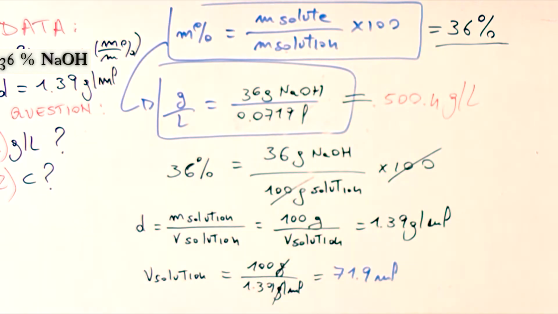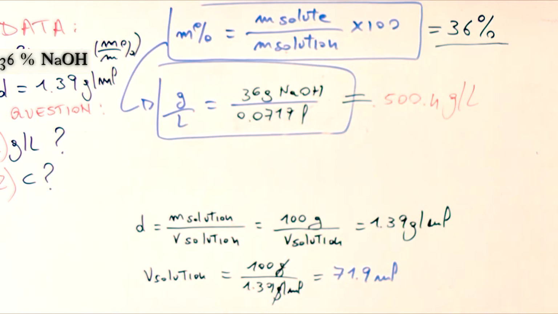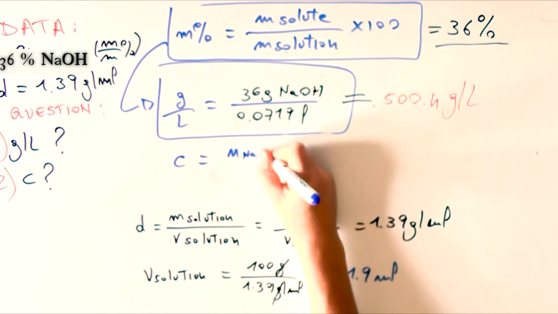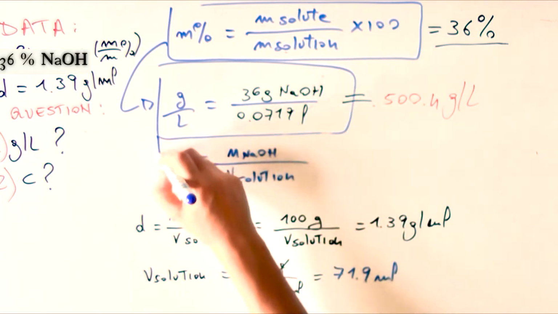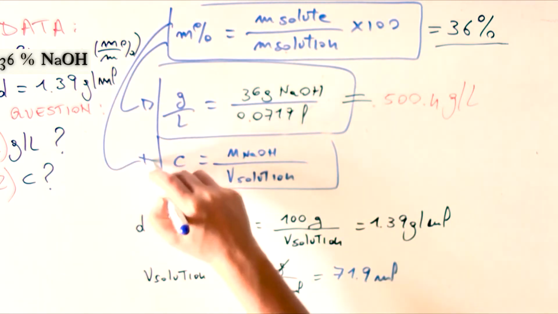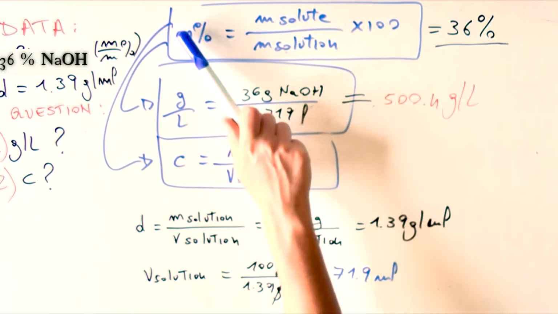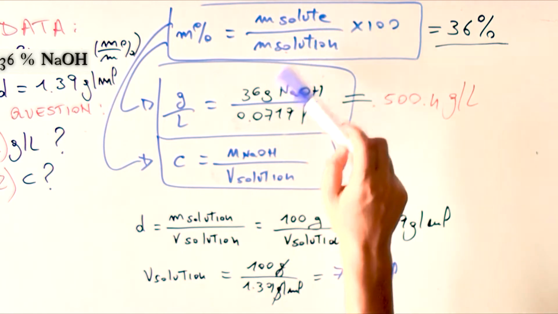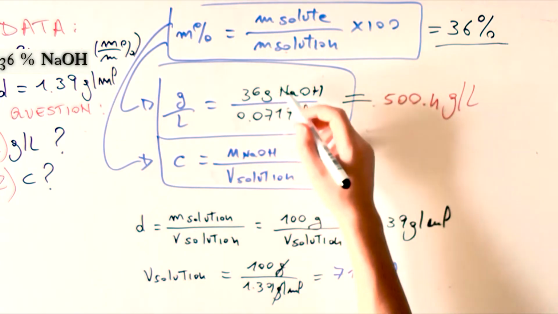Now let's try to answer this molarity. Okay, what is molarity? Okay, we'll keep this. I will write it here, molarity. In this case is mole of NaOH divided by volume of solution. So we have to go from this to this now. How to do that? Again, let's consider the percentage by mass as 36 grams of NaOH over 100 grams of solution, and it's done because 36 grams,